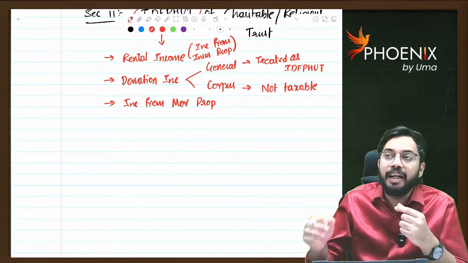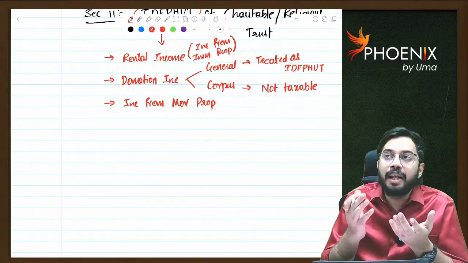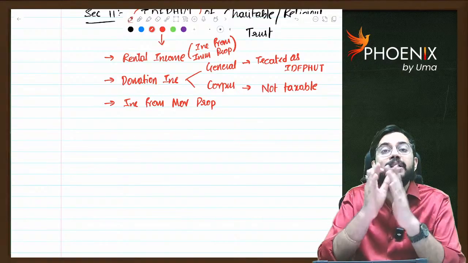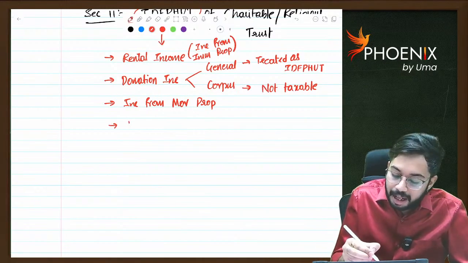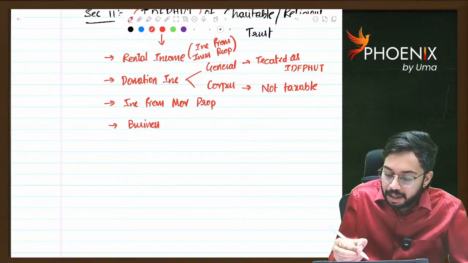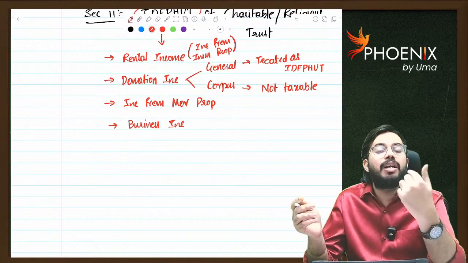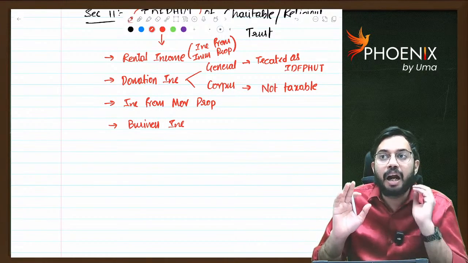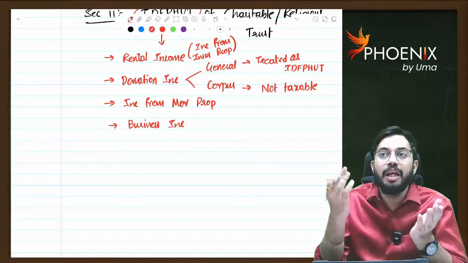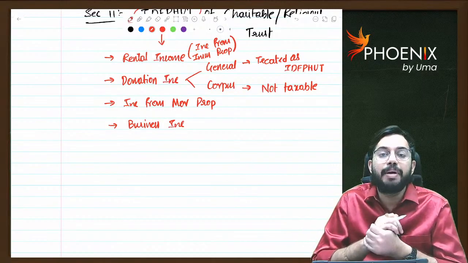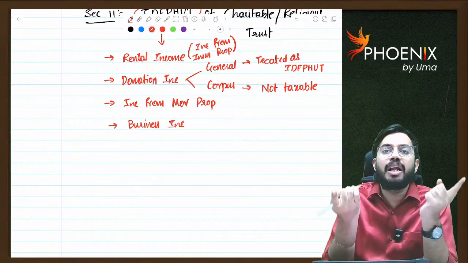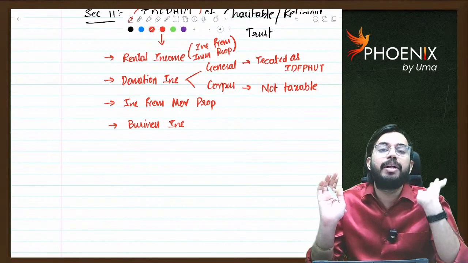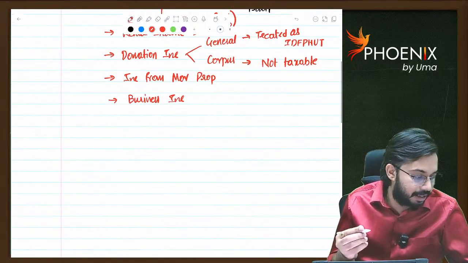ISKCON temple is there. It sells Bhagavad Gita books. Selling of Bhagavad Gita books is incidental to main objectives of ISKCON. So even that business income is also considered as income derived from property held under trust. But the only thing is, whatever the business income is there, for that separate books of accounts are to be maintained and are required to get audited. Then only business income will be included in income derived from property held under trust. Whatever the income that forms part of income derived from property held under trust is there, from that you can claim section 11 and 12 exemption.